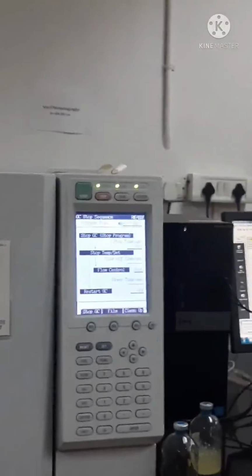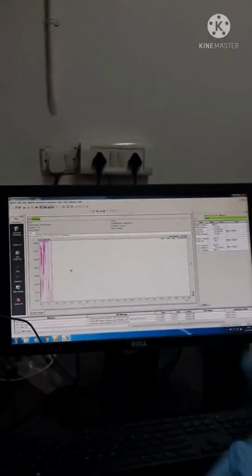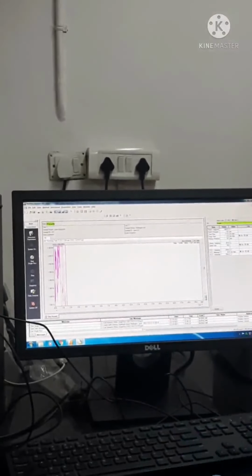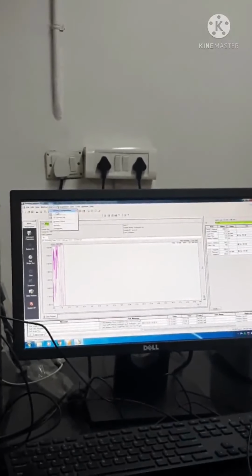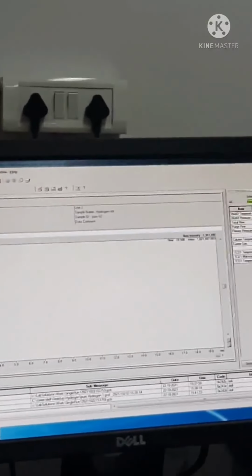The major control point for this gaseous sample analysis is that the analysis happens one by one. Since the liquid sample was done previously, we have to make some modifications for the gaseous sample analysis. The major change is that we add the TCD in the detector section, so in analytical line 2 we add the TCD for the hydrogen estimation. And line 1 and line 2 are both used for our hydrogen gaseous sample analysis.